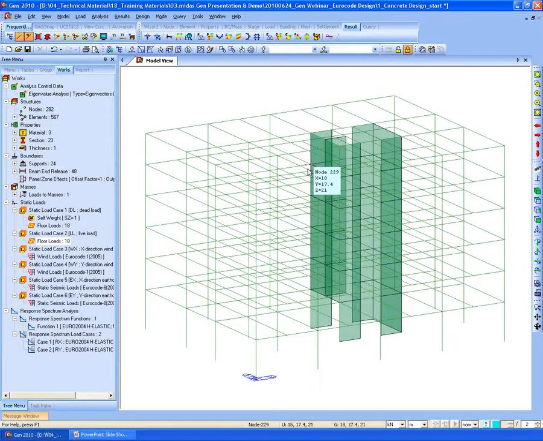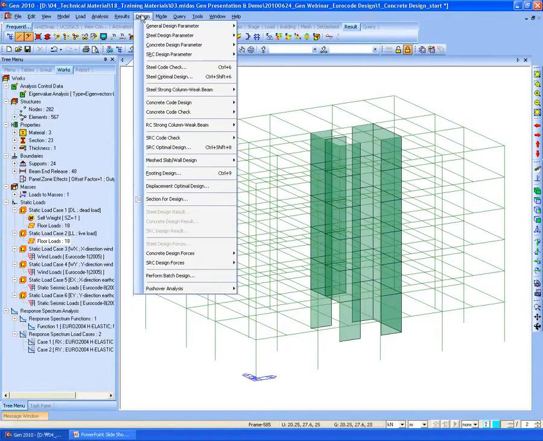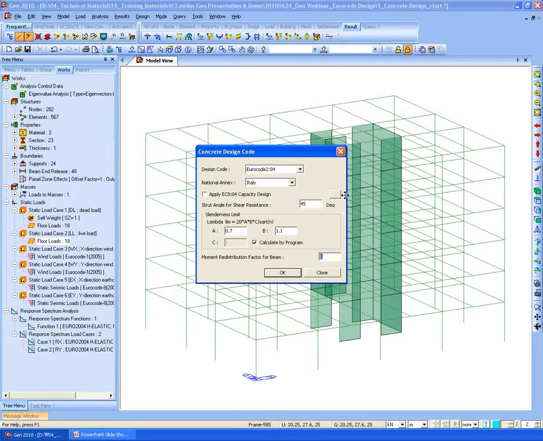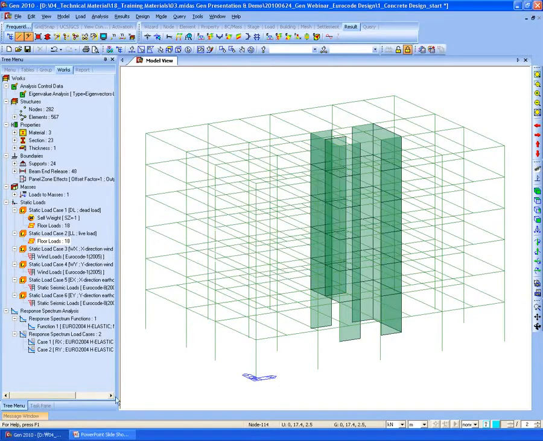After generating the load combination, then we will specify the design code. Go to the design and concrete design parameter, design code. Specify the design code and those factors that I mentioned earlier, strut angle and slenderness ratio. Okay.